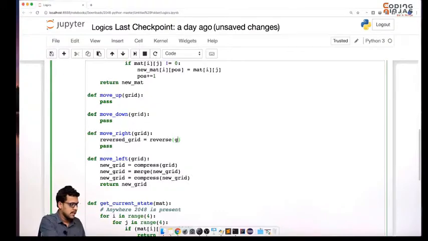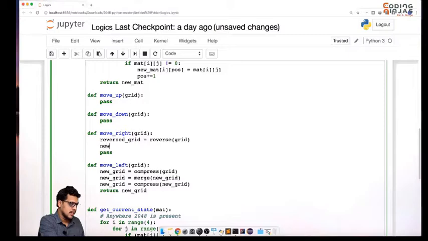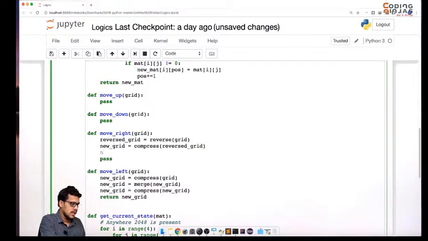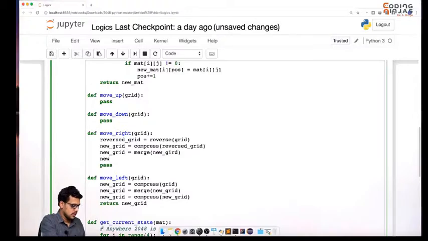We will implement it later. A reverse function will reverse this grid. Then again new_grid equals compress of this reverse grid. Then compress, merge, compress will still remain the same, each assigned to new_grid.